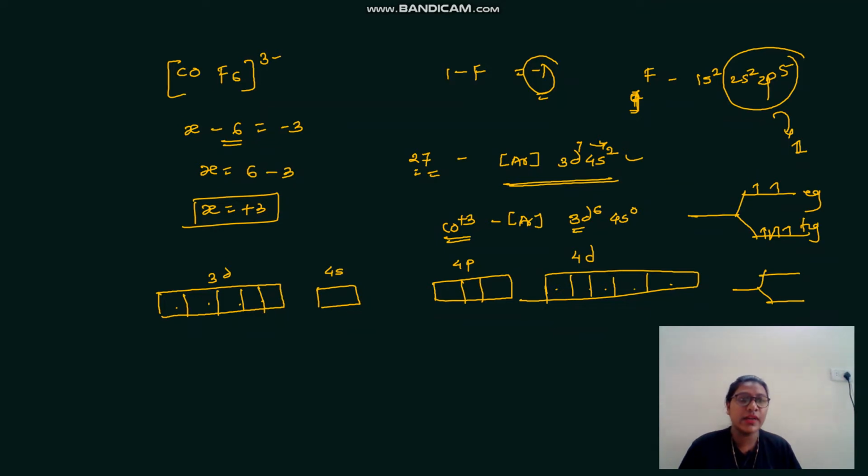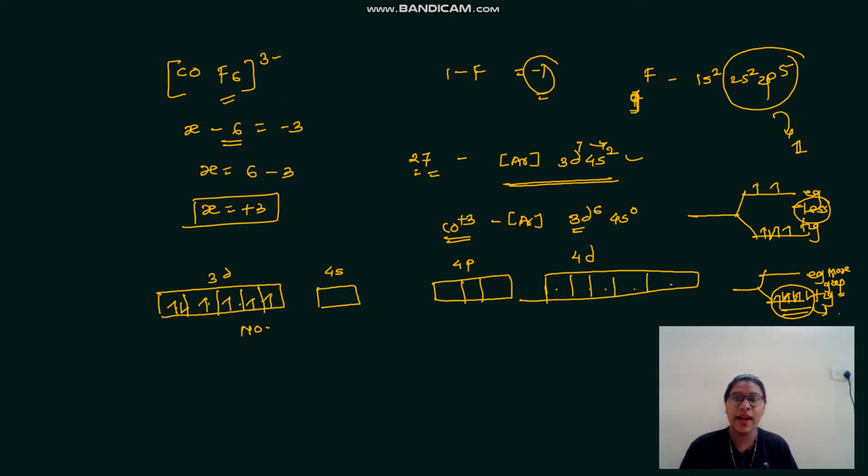If it is a strong field ligand, then first fill the t2g orbitals, then eg. Here 6 electrons, therefore pairing in t2g. Why? Because the gap between t2g and eg is more, therefore pairing of electrons. But here the gap is less, therefore first fill electrons one by one, then pairing. Here 1, 2, 3, 4, 5, 6 electrons, 6 electrons in cobalt plus 3. Here no pairing because the ligand is weak field.